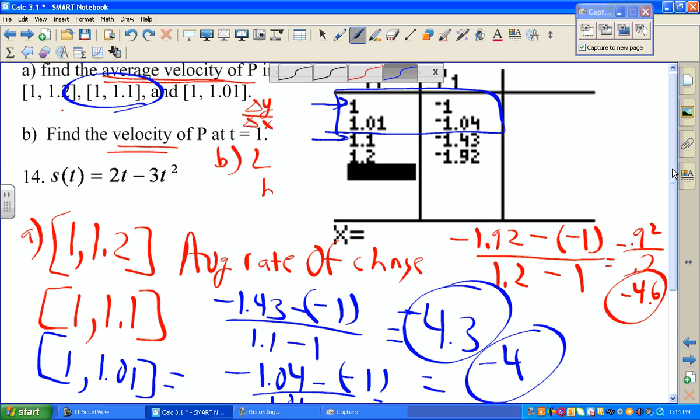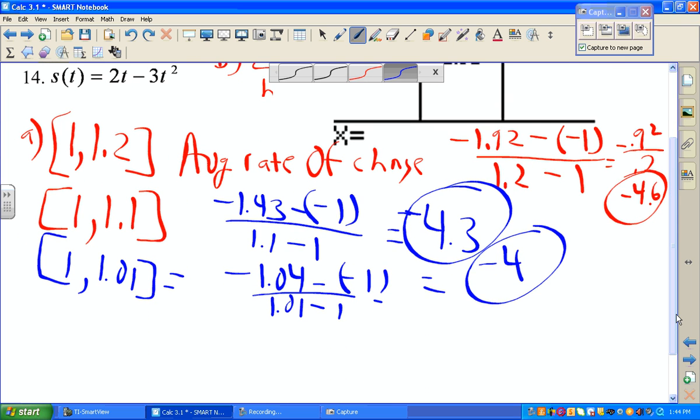Part B. Now, what do you think these numbers represent? Yeah? Sure. They represent the what? Average rate of change. Table set, ask. I have to type in different numbers. 1, 1.1,